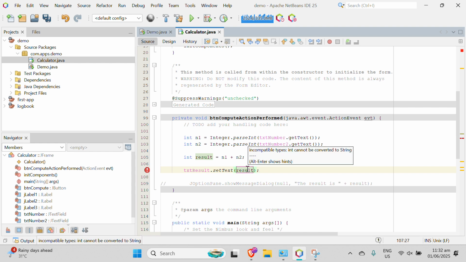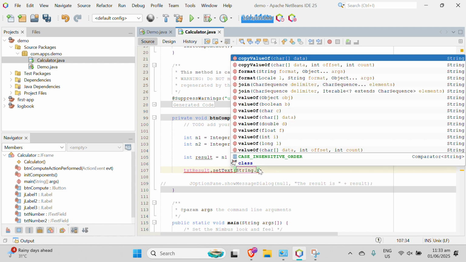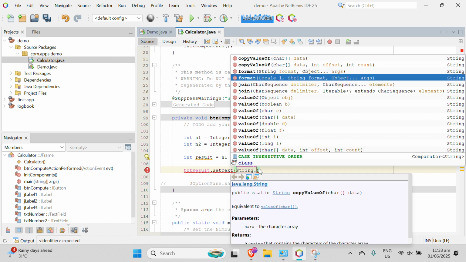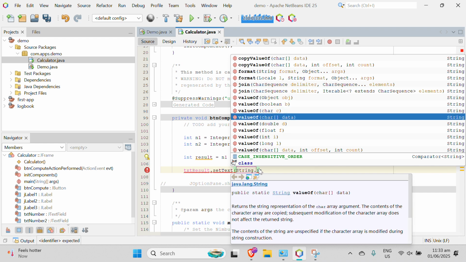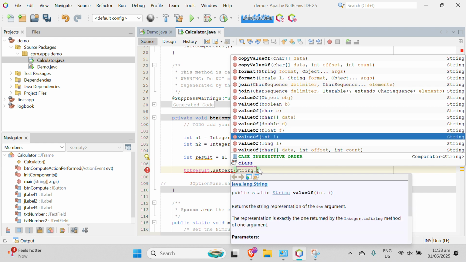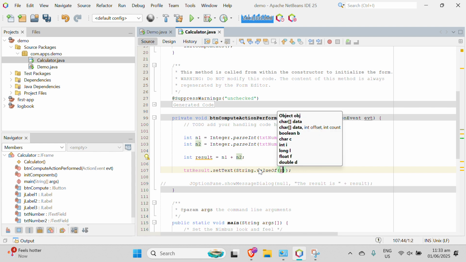So we need to convert that to string. String.valueOf result.